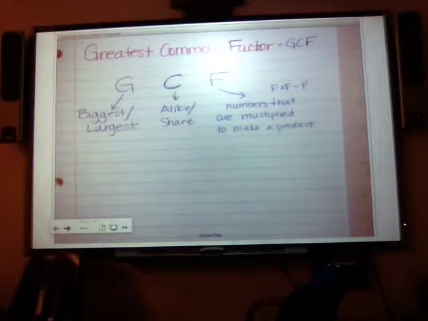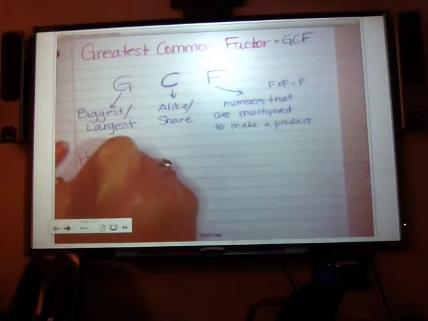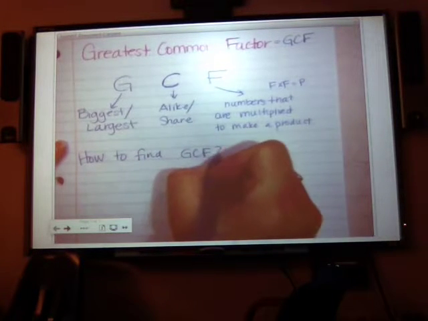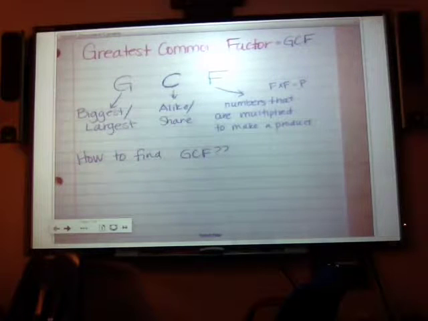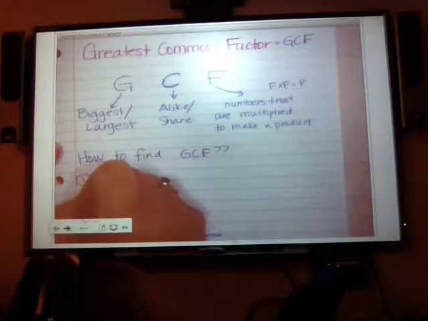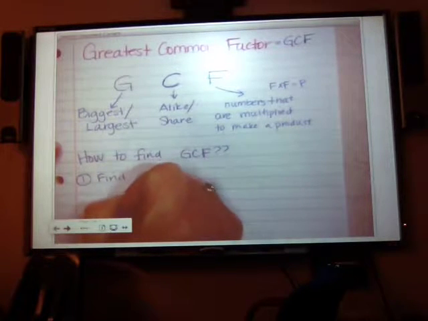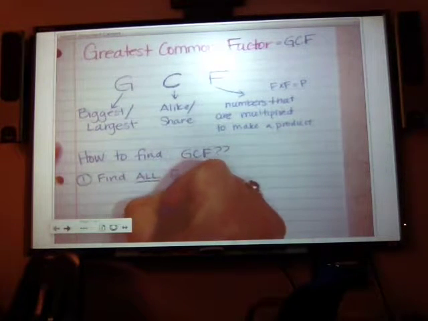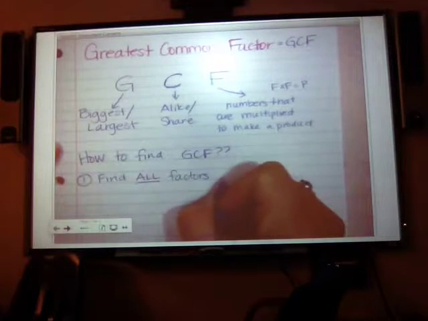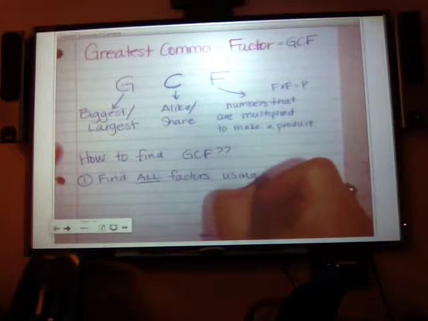All right, then we move on to how do we find the GCF of numbers? How to find the GCF. All right, here we go. Three simple steps, ladies and gentlemen. The first step, you're going to find all factors using a